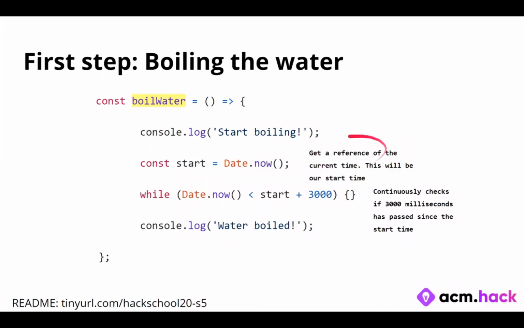So there's a summary of what the code does here, but if you still don't understand this, it's okay. All you need to know is that this is just a very JavaScripty way of saying stop running for 3 seconds and then resume running here at console.log. Yeah. So are there any questions about this? I know this is maybe pretty confusing.